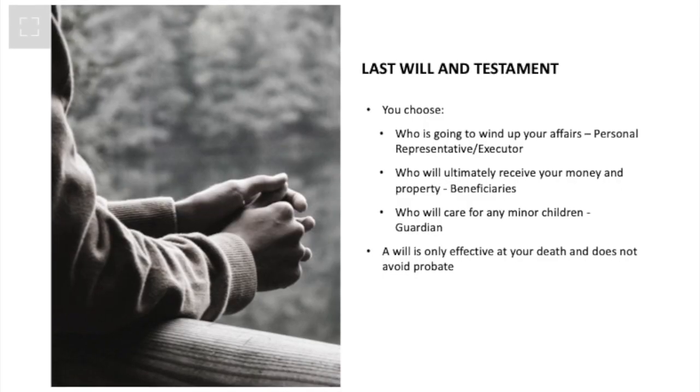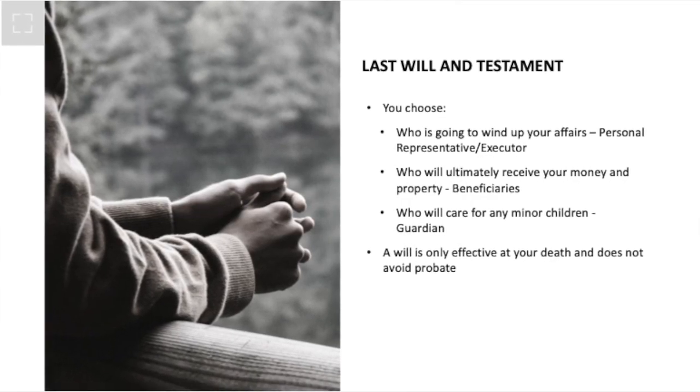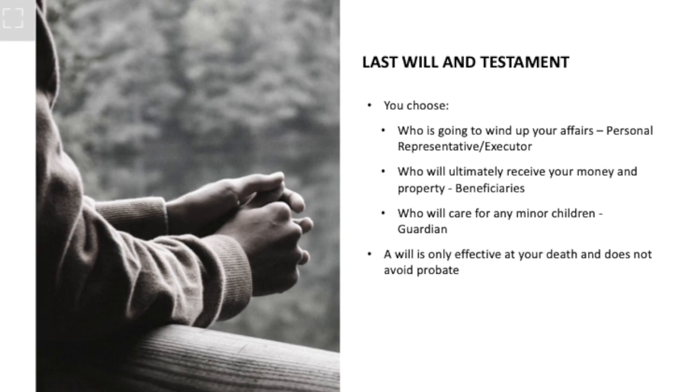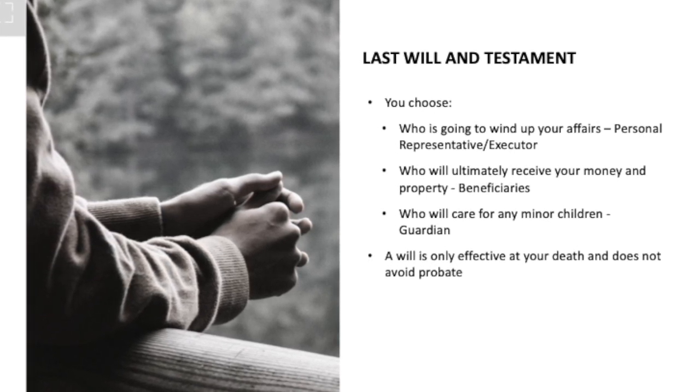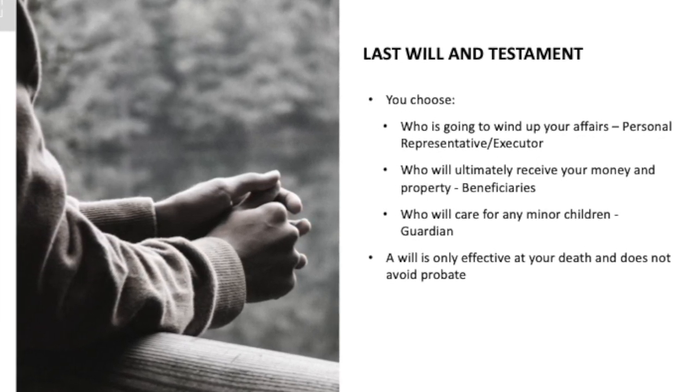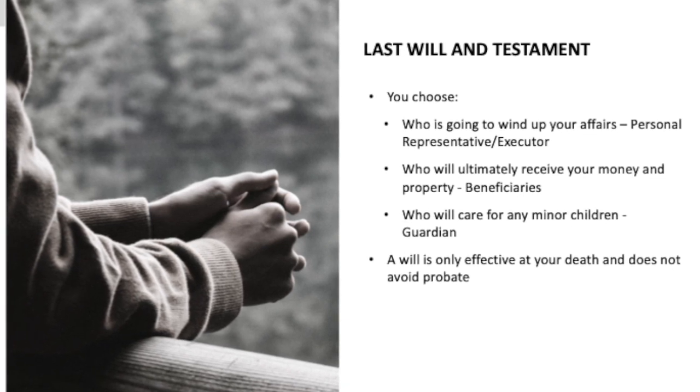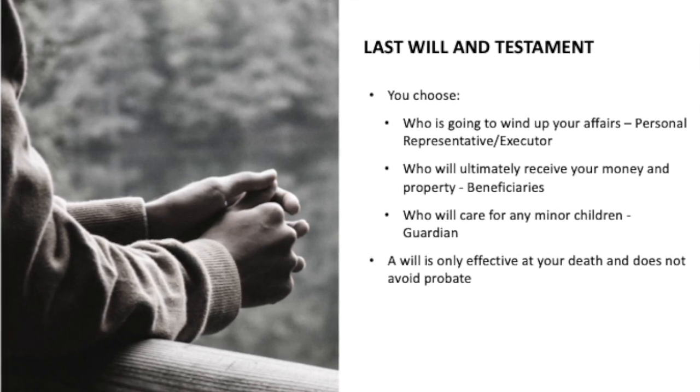The other document that people would have is a will. And in the will, you're going to do a couple of things. Number one, you're going to name a personal representative. In TV and in other states, it's called an executor. This is the person that's going to guide things through the probate process. If you have minor children, we name a guardian in this document. That would be the individual that would take care of your children should you and your spouse pass.